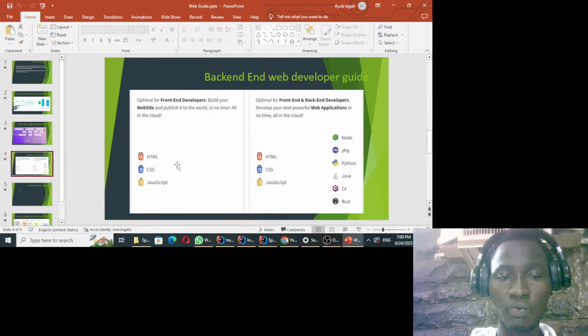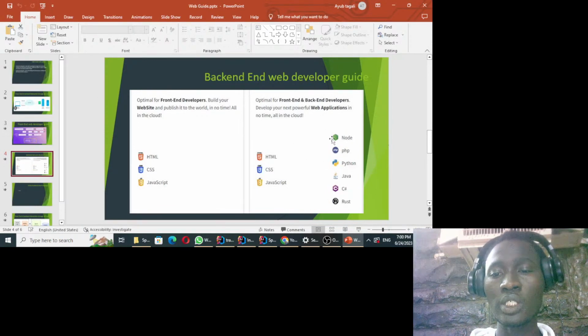So for you to become a backend developer, you need to decide on one of these languages to pick up. You can either use Node, which is another framework of JavaScript, or you can use the PHP programming language, which is also another nice backend development language. Or you can use Python.